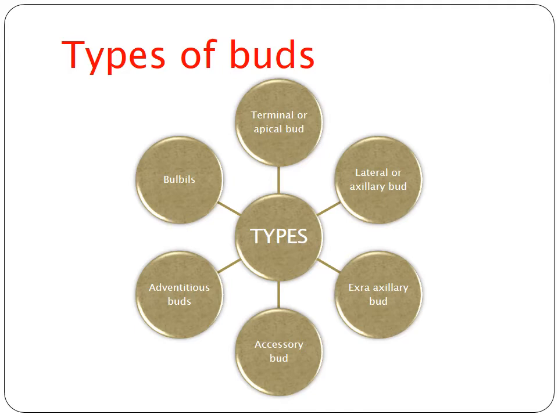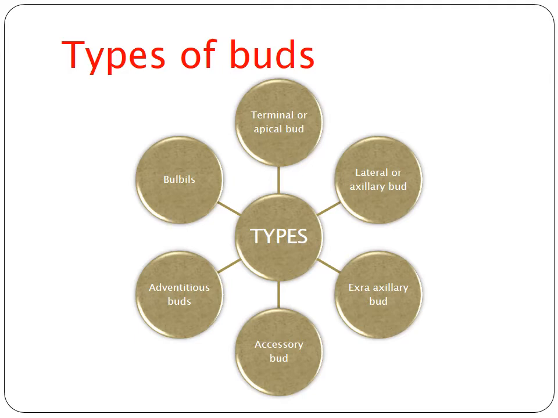Which one is present in the main stem? That is called terminal bud or apical bud. Then the second one is lateral bud or axillary bud. These buds occur in the axil of a leaf and develop into a branch or flower. These two types of classification are based on the place, the origin.